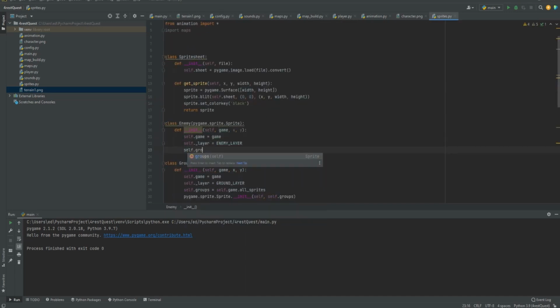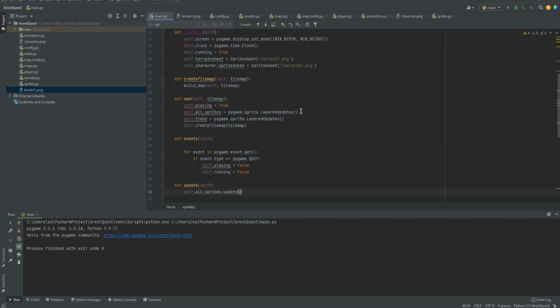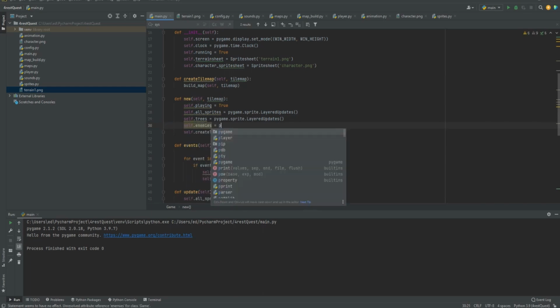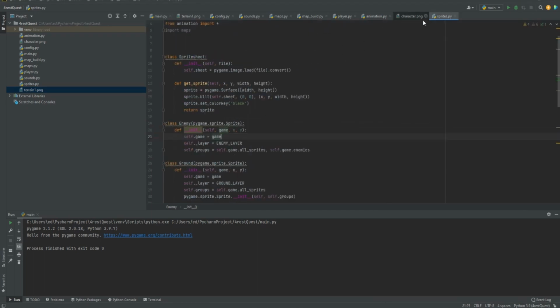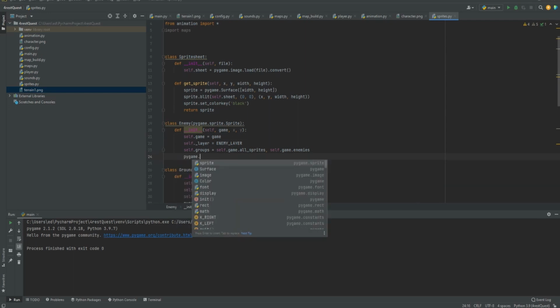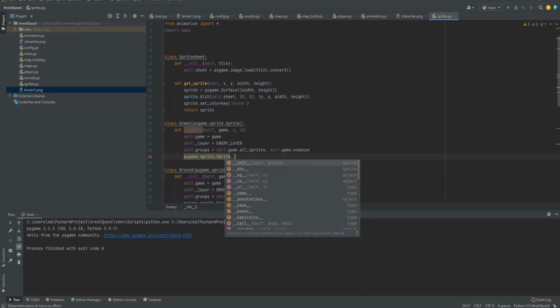Let's do self.groups equals self.game.all_sprites and self.game.enemies. That way when it updates, it'll update under all sprites and it'll update under enemies. But we have to create this too. So with that we need to go to main, and under new, let's put it right under the trees. So self.enemies equals pygame.sprite.LayeredUpdates. Then we'll go back to our sprites.py and do pygame.sprite.Sprite.__init__